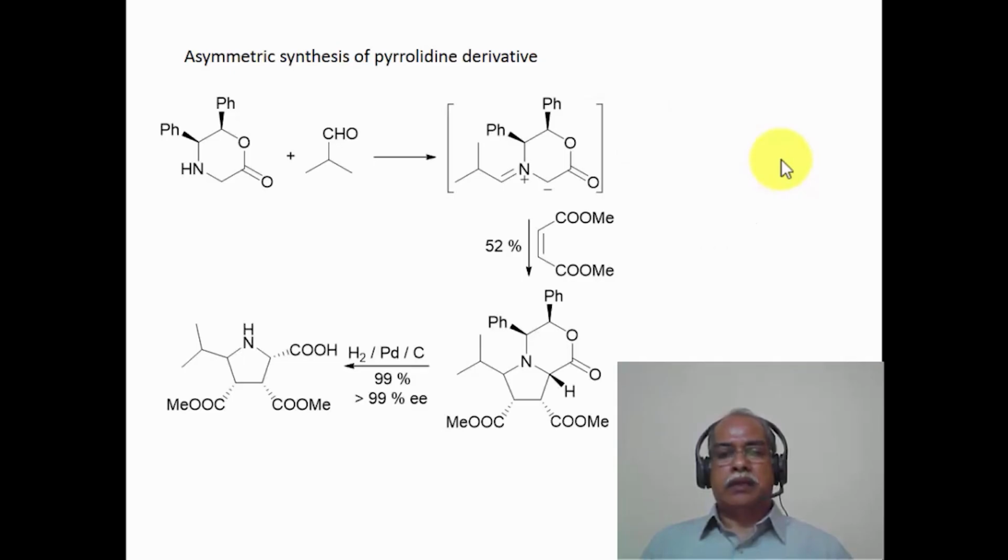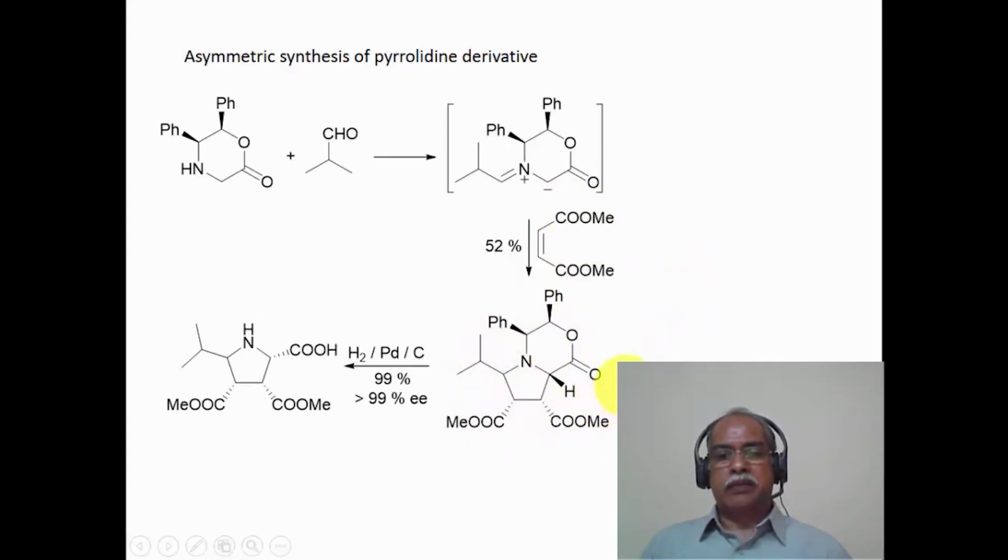Now this slide tells you something about the asymmetric synthesis of pyrrolidine derivatives. You are starting with an optically pure isomer of a derivative, which is this particular derivative, which is a secondary amine that is condensed with the aldehyde to produce the azomethine ylide. The azomethine ylide thus produced is trapped by the dimethyl ester of maleic acid, for example, resulting in the formation